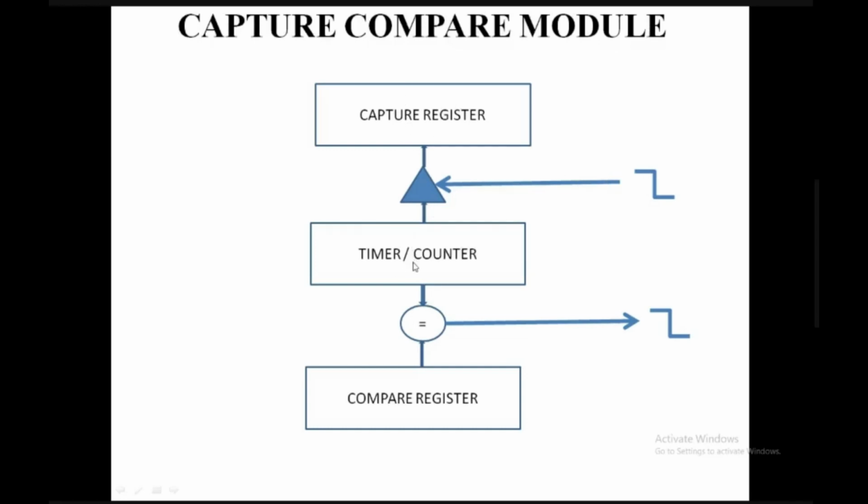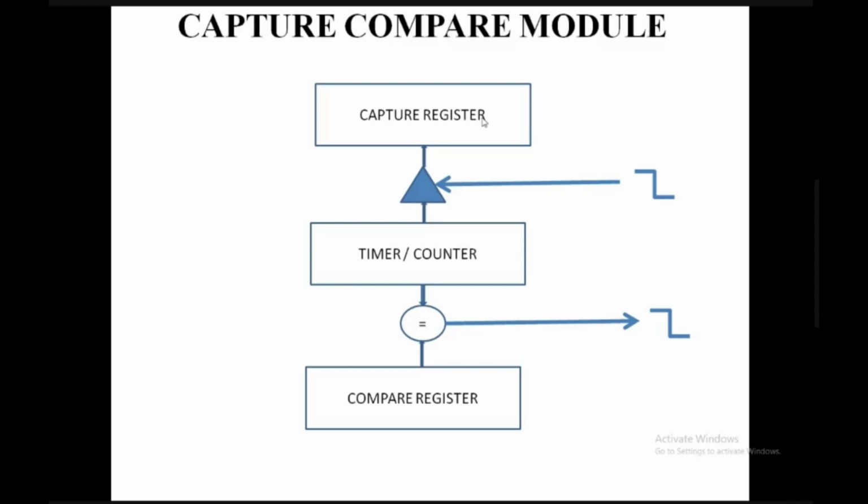The capture register captures the timer value during the transition in the pin, which is an input to the tri-state buffer, which is enabled. So it is capturing the internal timer value. By using these timer capture register values, we are able to measure the on time in the case of measuring duty cycle, or the time interval between two rising edges.